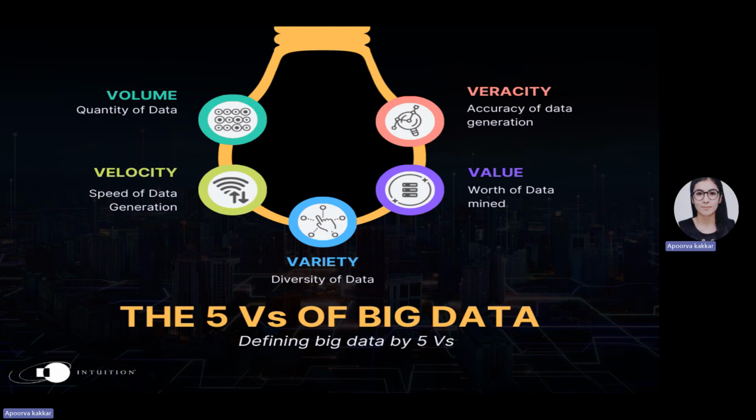If we talk about normal DBMS systems, like tables, the data in those structures is structured, right? But for big data, it is unstructured, for example text, video, GIFs, and so much more. Then there is the value of data, that is the worth of the data mined. The data that we are gathering should be of some use. And then there is the veracity of data, which refers to the accuracy and reliability of data. In this world, we are gathering data from so many different sources, so the data we gather should be reliable to be big data.